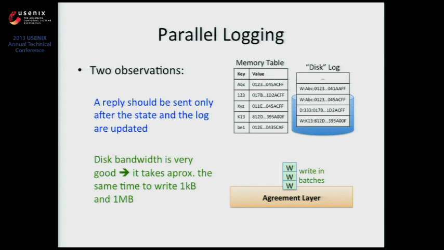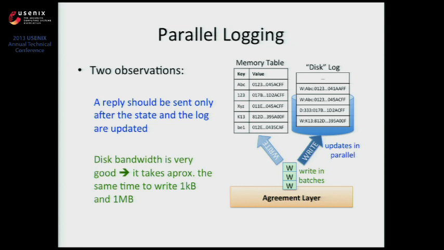So what we do, we have this agreement layer that keeps ordering requests, assuming that you have a lot of clients trying to write things. So we will batch these requests, we will enqueue them, and at some point when the upper layer, the application, is free, we give the batch to a thread to write it on the log, and to another thread to execute the operations, okay? So these 2 threads will run in parallel.